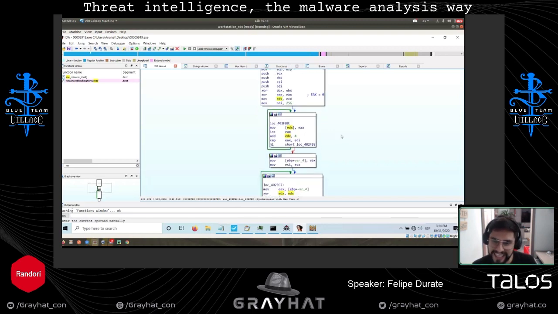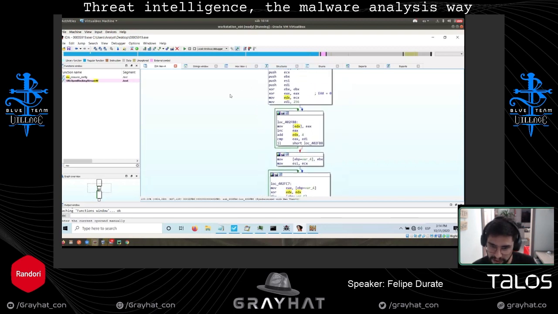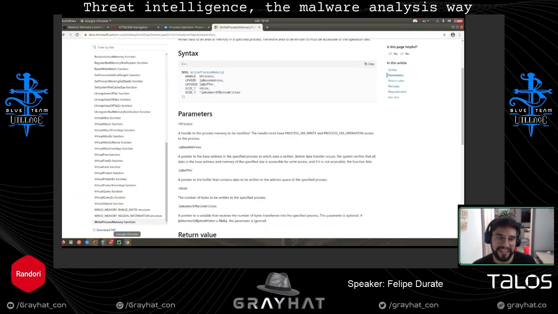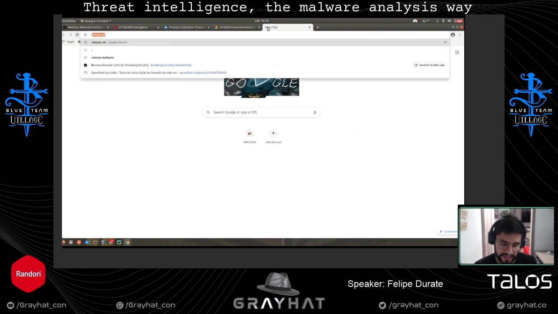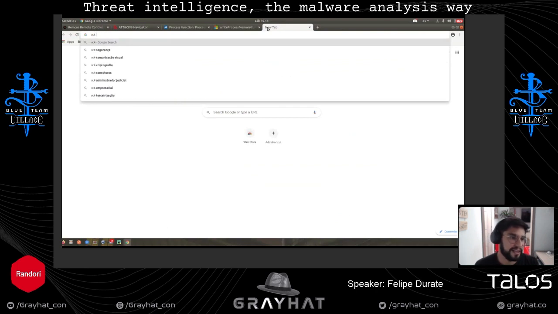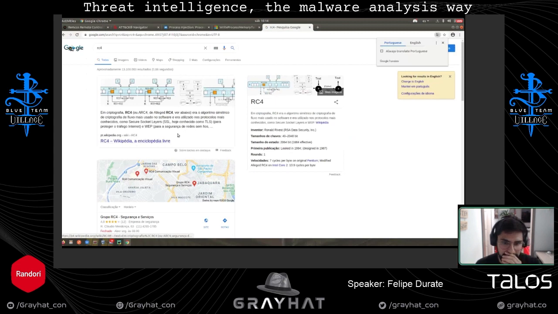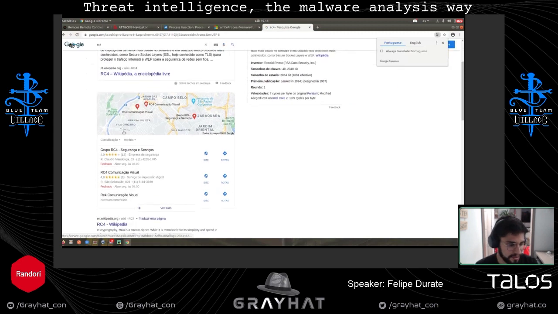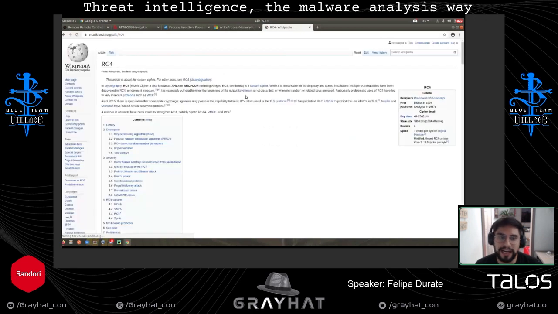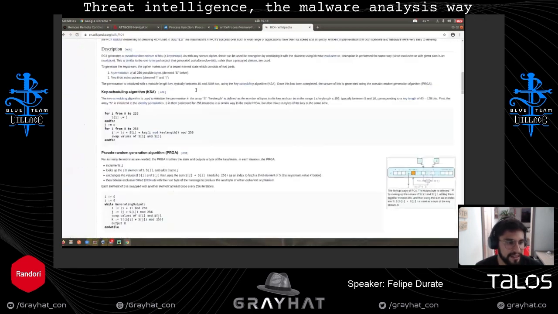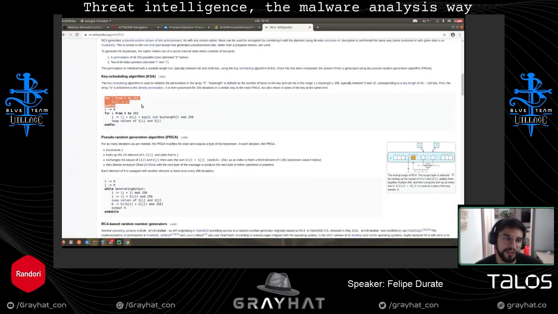So focus on this picture, that picture is actually RC4. And if you go to RC4 in cryptography, look, if you know the algorithms, you can find this kind of correlation.